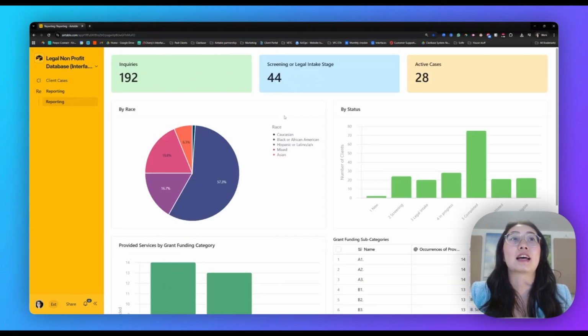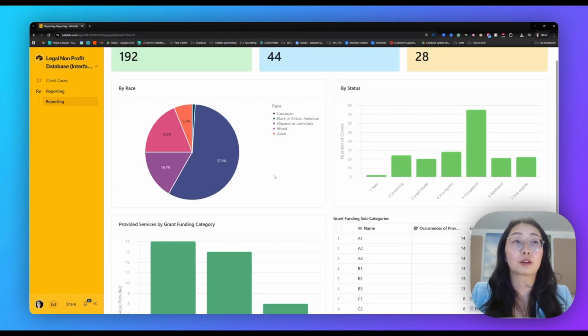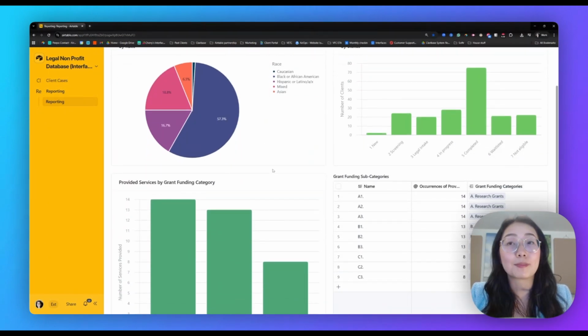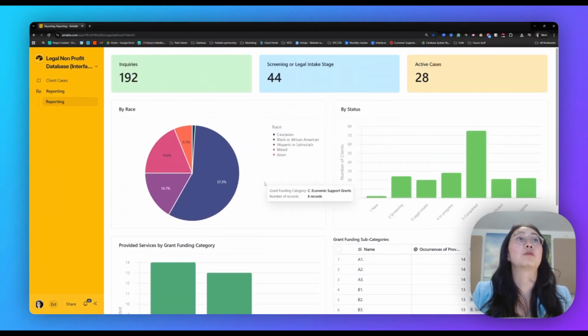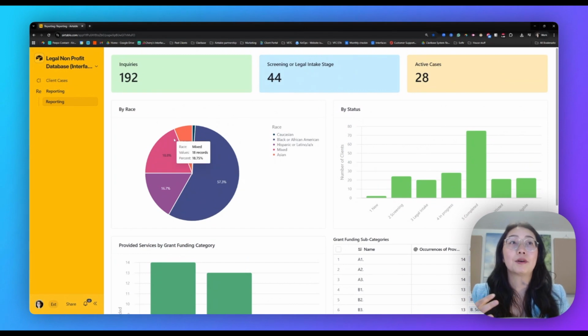And then inside of the reporting, you can also see how many inquiries you got, who and how many people are in the legal intake stage, how many active cases, like who are the clients that we're servicing by race, what is the status of the cases. You can set up reporting by age category, by different parts of the city if you have their address. And you can also look at how many cases have been supported by the different grants as well. So this is also really helpful just to be able to see